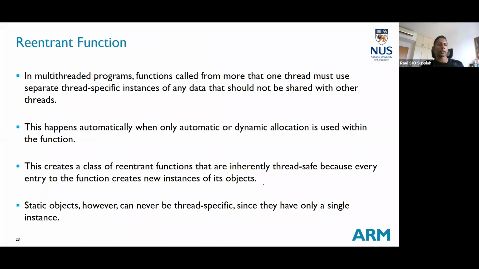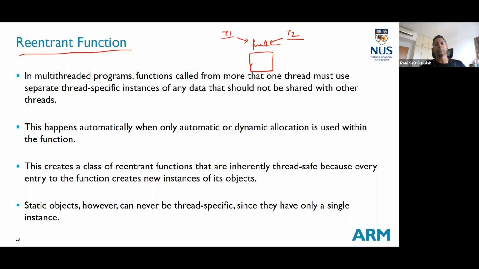Okay, then another important thing is how do you create a reentrant function? So what is a reentrant function? Imagine that you have task 1 and task 2, and both of them call a function, function A. So this block of code that is function A is called by task 1 and is called by task 2. It's a common function, maybe some mathematical algorithm that you have written, and both tasks need to